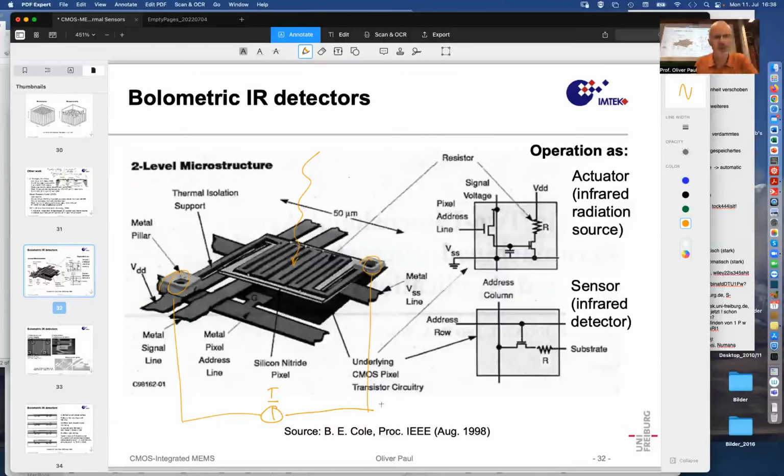So current is sent through this structure. And then at the same time, a voltage is measured. I'll indicate that like that. A voltage is measured, and from that you obtain the resistance between this point and that point. And that resistance is dependent on temperature. R of T